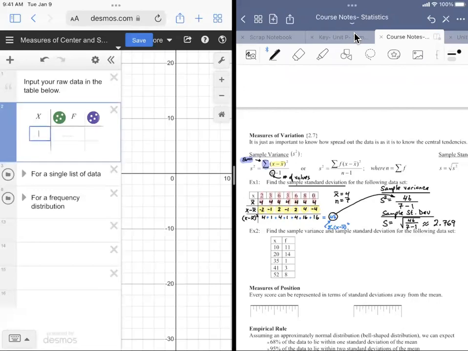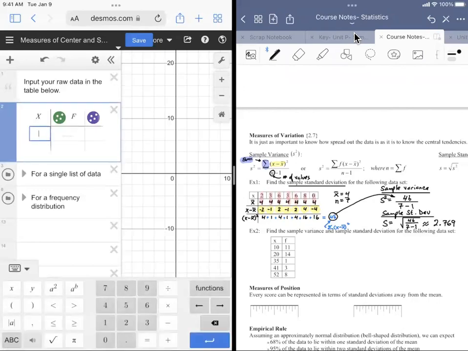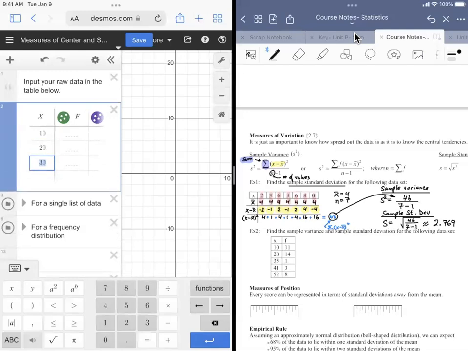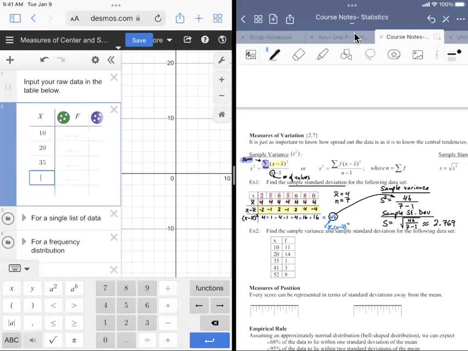So in my x column, I'm going to type in my data points for x. So 10, 20. It's going to think I want 30, but guess what? I want 35. 41,